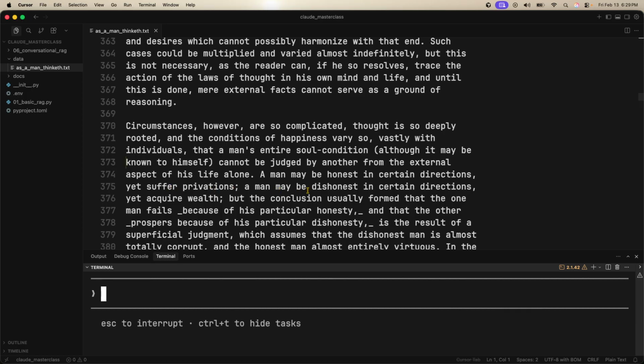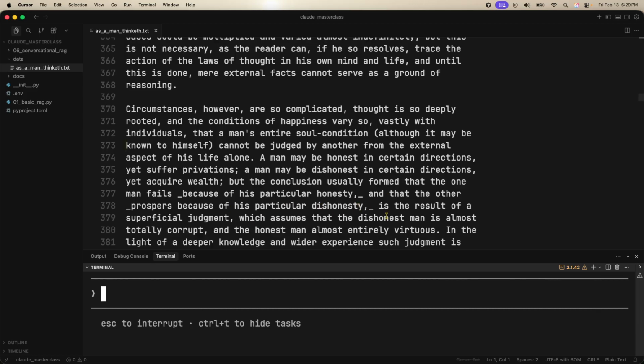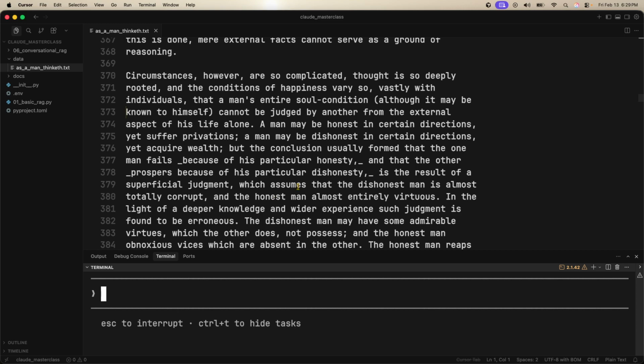A man may be dishonest in certain directions, yet acquire wealth. But the conclusion is usually formed that one man fails because of his particular honesty, and yet the other prospers because of his particular dishonesty. This is a result of superficial judgment, which assumes that one dishonest man is almost totally corrupt and the honest man almost entirely